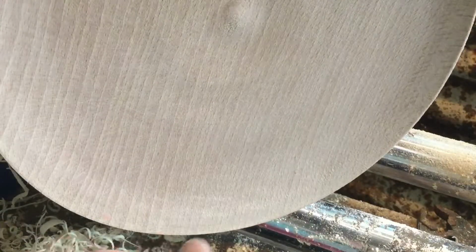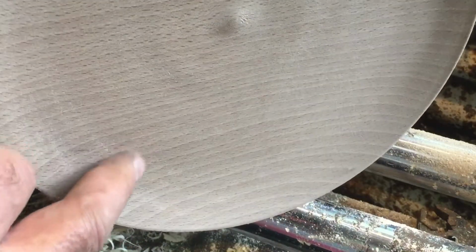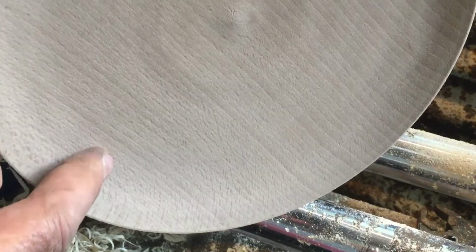Easy to see, but I can just about make it out in the viewfinder. There's just a little tearing still left there, but generally speaking, it's making a lovely job of this plate now in no time at all. It's basically doing the job of a shear sander, and the main thing about those is, unless you actually use a drill powered one, which I don't because it gets too hot, the closer you get the thing, well, I'll